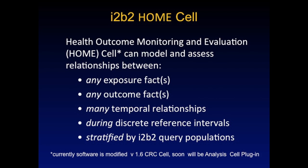And this is a tool to actually assess longitudinal changes in health outcomes using electronic health data. But the design of the HOME cell is driven by this idea that you could create a tool that was easy to use, that could model essentially any exposure fact against any outcome fact, accounting for a whole bunch of temporal relationships, which in my experience has been the really hard part in informatics, is incorporating these temporal relationships,